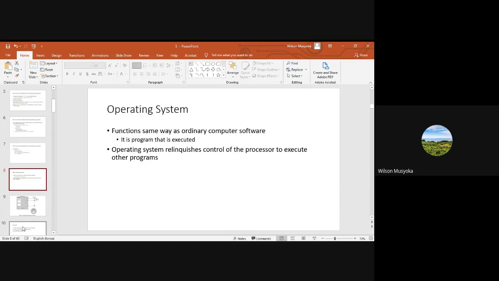Then the operating system functions the same way as an ordinary computer software. It is a program that would normally need to be executed, and its execution begins at startup. So when we are talking about this execution, we are saying that it starts at startup